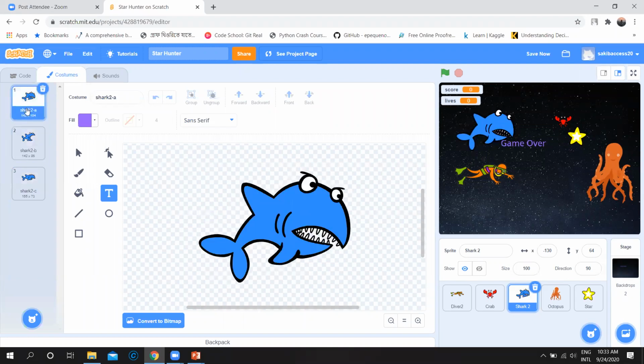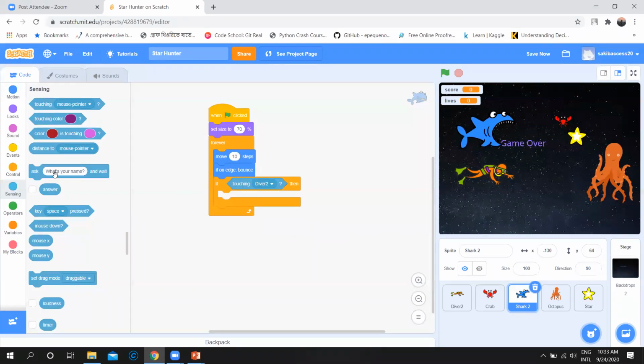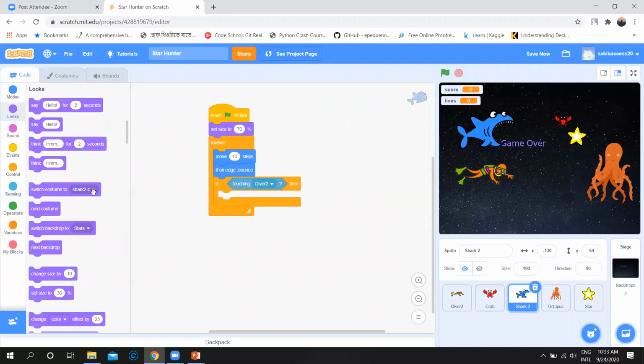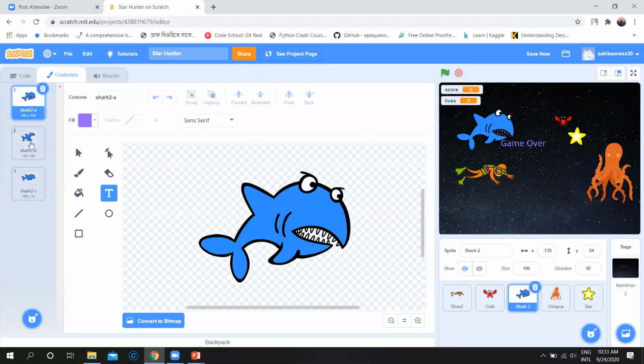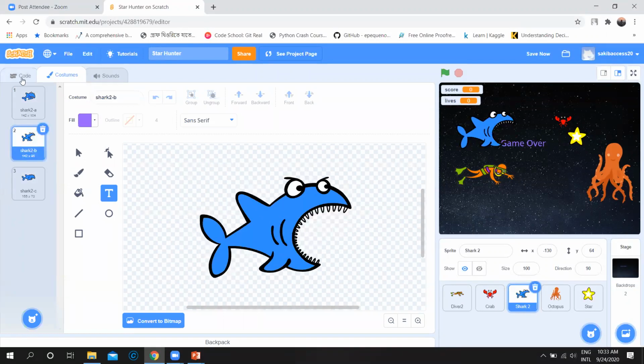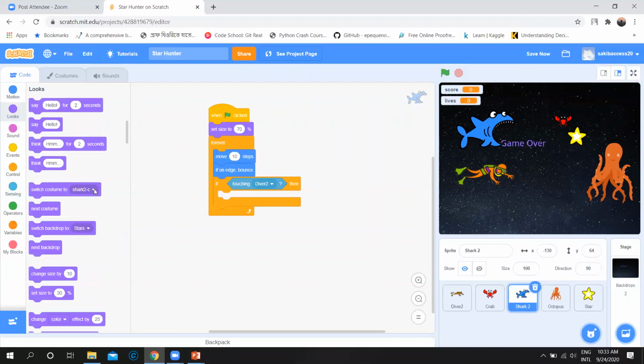Change costume means it will change from this costume to this costume. So click on the costume in looks, maybe switch costume to shark C. This is B. Okay, I will select B actually. Switch costume to shark B.